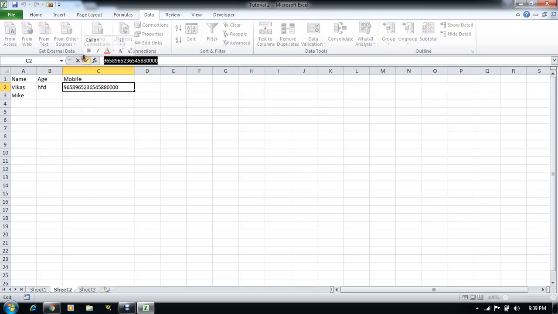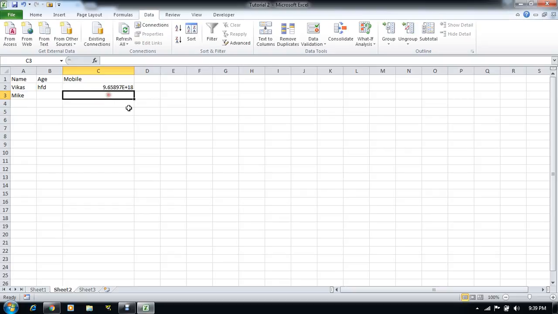No service provider provides a mobile number like this, so it is a garbage value, and you are not getting the right data which you are looking for. So what you can do is force the user to add an accurate mobile number by adding validation here. You cannot add character values, and the mobile number should be 10 digits only. We can add this validation using the validation option here in Excel.